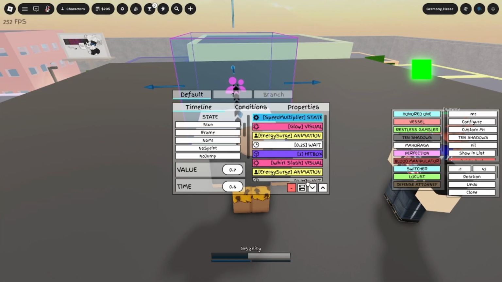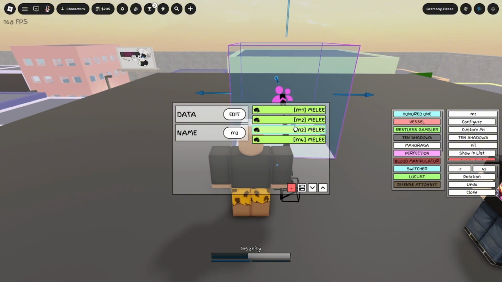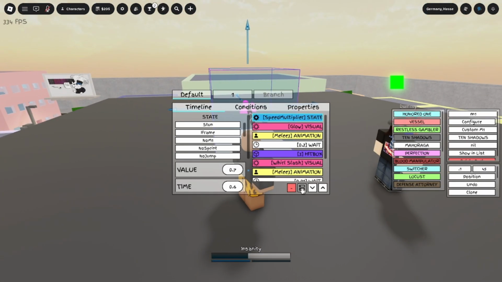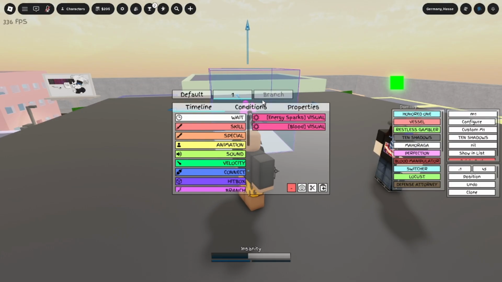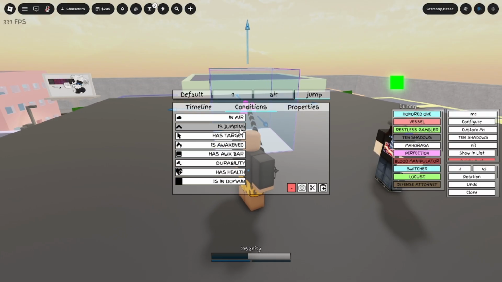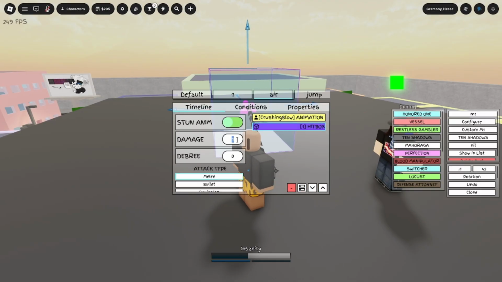As you can see, I made the 4th one, which for some reason I made 2 M3s, so there's 2 M3s and 1 M4. I don't know why, but I deleted it later. Anyways, the last animation, we want to make a down slam and an up slam, or uppercut, whatever. So this is actually easy. I also added a no jump, because you need a no jump for the